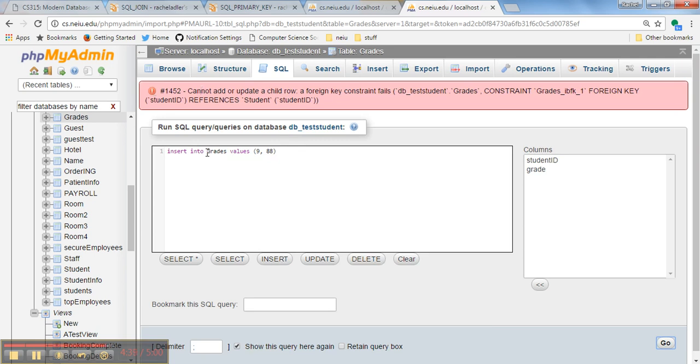You can't do that. There's a foreign key constraint that failed because there's no student 9 in the table. So beforehand this would have worked because this is an integer, it's a decimal, like it's fine. But now it's going to say it's a problem. There's no student 9, and this way you're putting this constraint that actually is good for your database to make sure no one makes an error, because accidentally